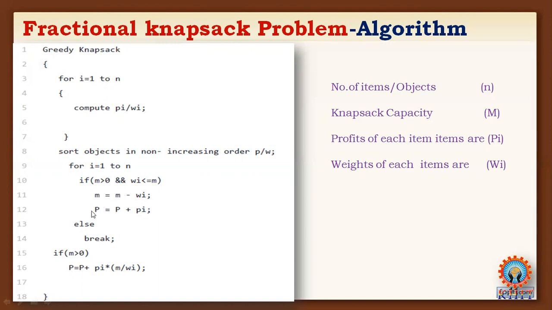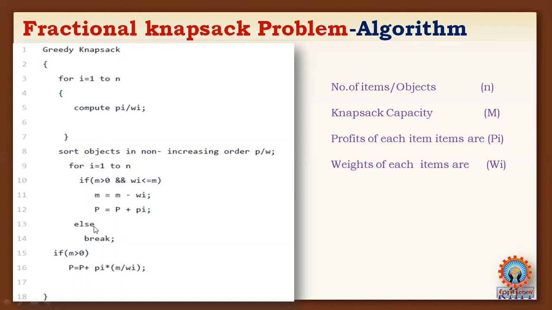Consequently, once the item is placed in the knapsack, the profit of each and every item is cumulatively added until all the items are placed in the bag. That means once the condition is satisfied, the remaining knapsack capacity is decreasing and the profit is gradually increasing. These two lines say exactly that.